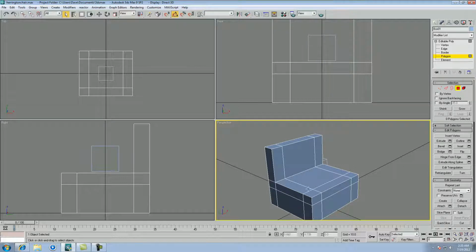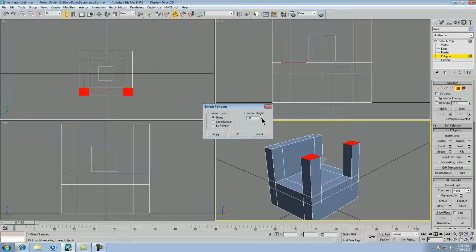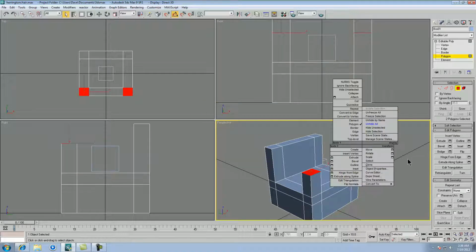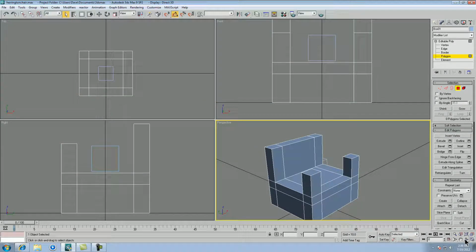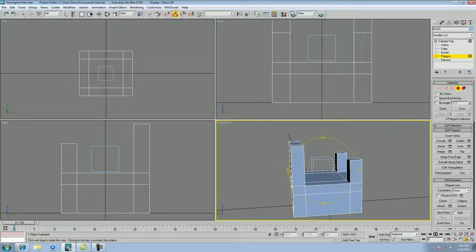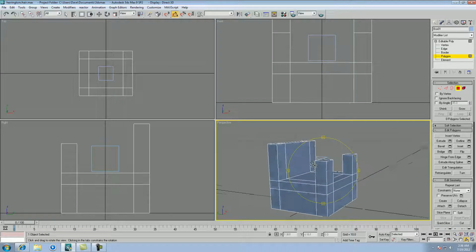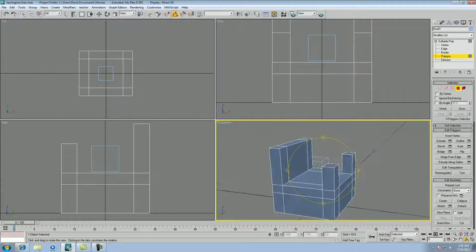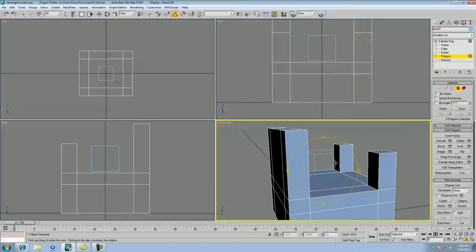So pretty much all I am going to do is maybe do this, extrude, move it down, like that maybe. Okay, and then what we could do is, okay,